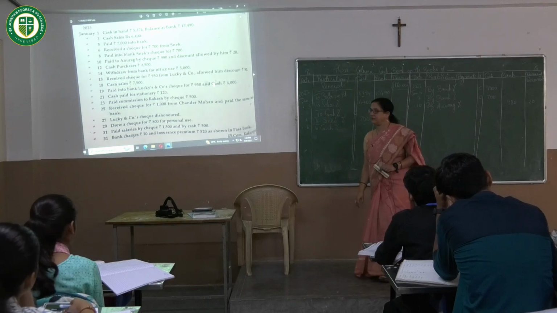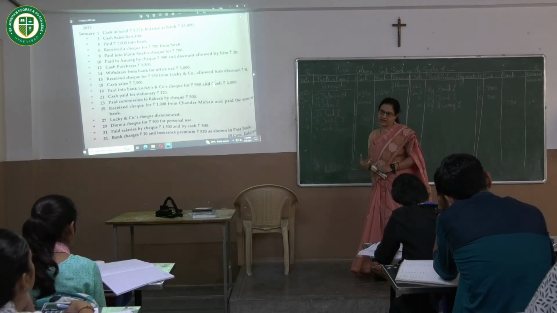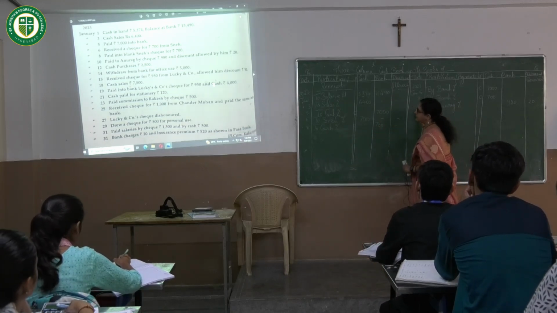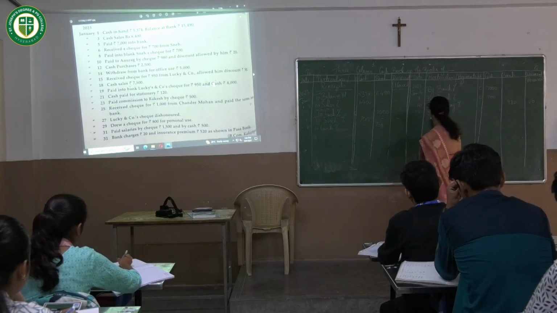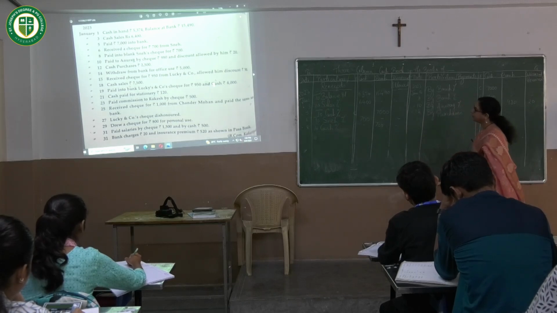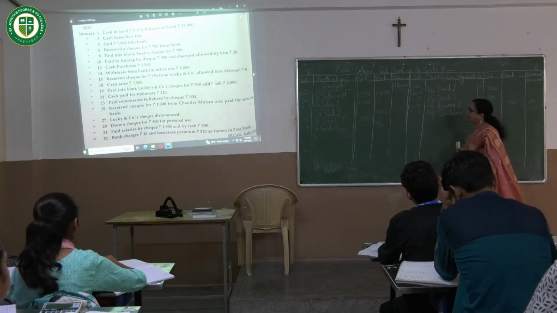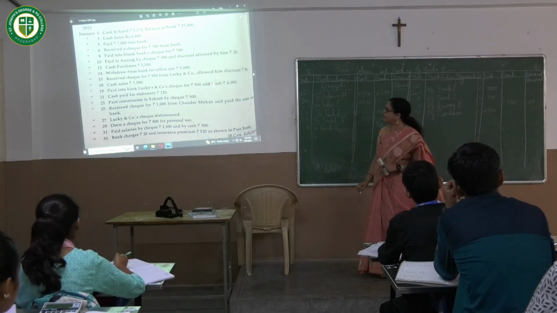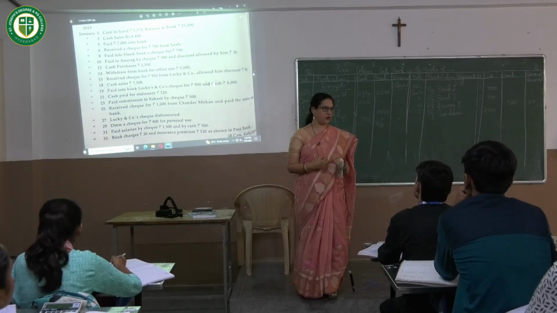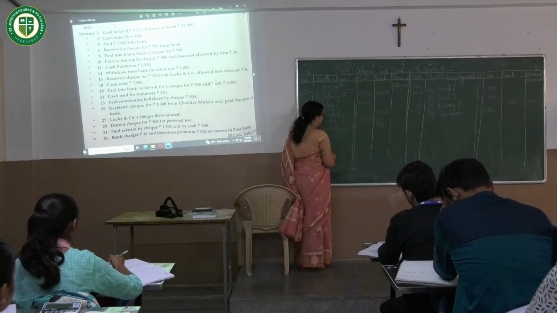Is that clear? Next one, cash purchases 2,500. Whenever I purchase, I have to make a payment. So it is again on the payment side. The date is 12th. By purchases in the cash column, amount 2,500 in the cash column. The next one, withdrew from bank for office use. What are you withdrawing? We are withdrawing cash. So cash is received. So I'll write it on the receipt side. What is the journal entry for this?